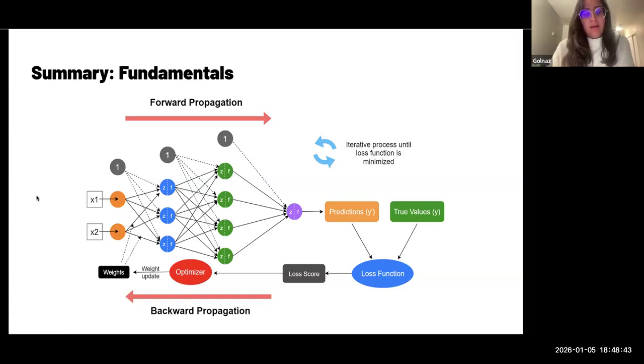And then you start randomly with the weights, you make a prediction, you double check it with the actual value that you wanted to predict, and you calculate the loss. Based on the loss, you can update the weights, and then this process is done over and over again until your model is trained. And then once your model is trained, you need to evaluate it, and then it's ready to be used